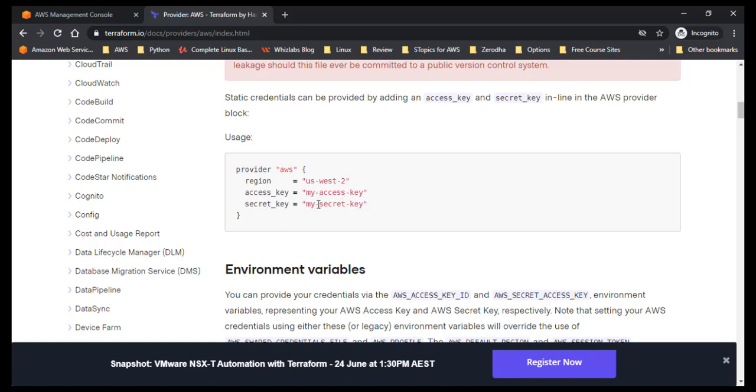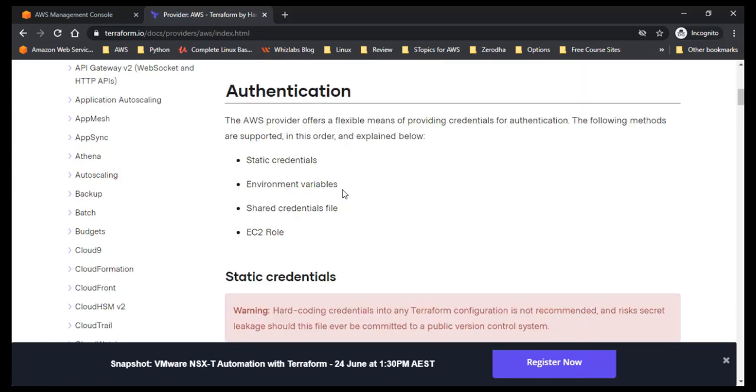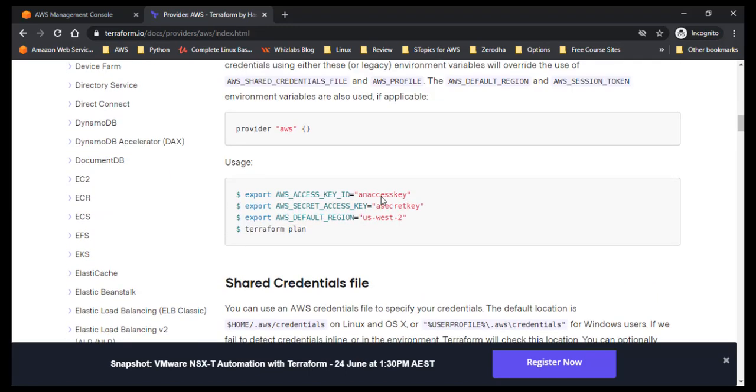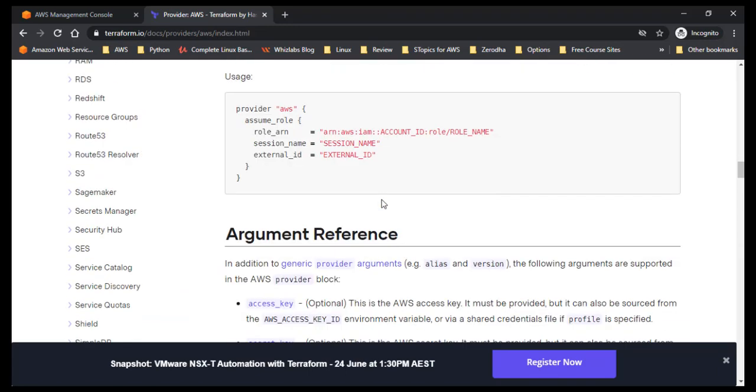It is not necessary to use exactly the words I use in my code. You can have additional references. If you see this argument reference, this is the place where all the parameters that come under the AWS provider are listed. You can use any of these as per your requirement, but generally